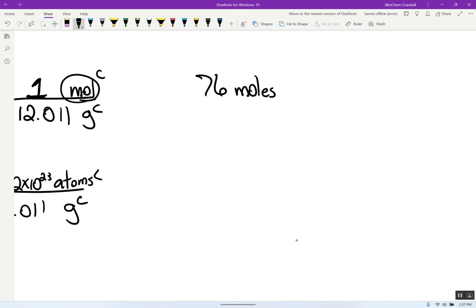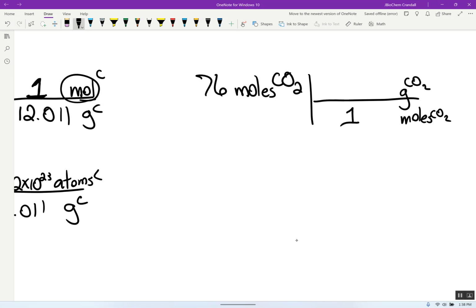moles of carbon dioxide, and I want to know how many grams of carbon dioxide that is from the moles of carbon dioxide, what number am I going to put on the bottom of this conversion for moles of carbon dioxide? Grams to moles, moles are always 1. I'm going to put 1 mole of carbon dioxide for every, and now we have carbon, which is equal to, let's just simplify it to 12, and then oxygen, which is equal to 16, but it's O2, so that's 32. So we have 44